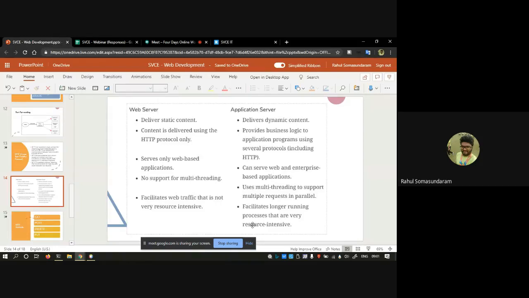But first, we'll go to the classification of what is a web server and what is an application server. There are two types of server which can be used to share the logic. As you can see, a web server is used for delivering static content, whereas an application server is used for delivering dynamic content. So what is the difference between static content and dynamic content? Any idea on it?